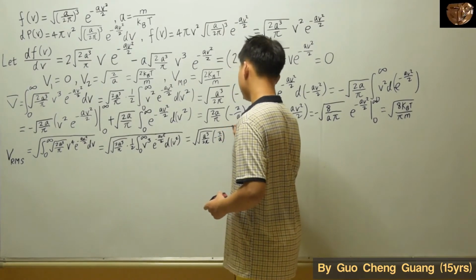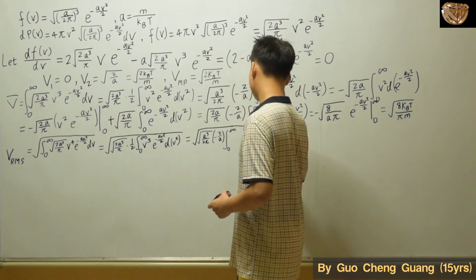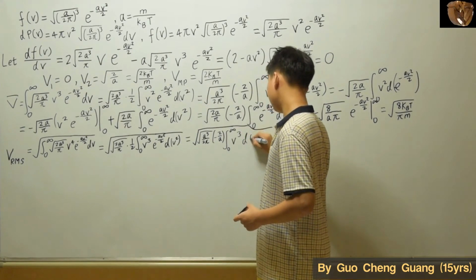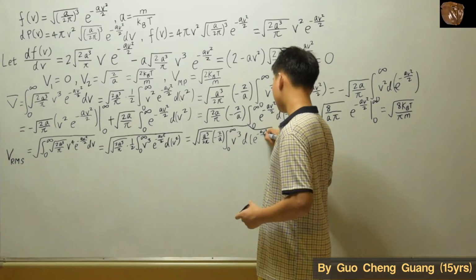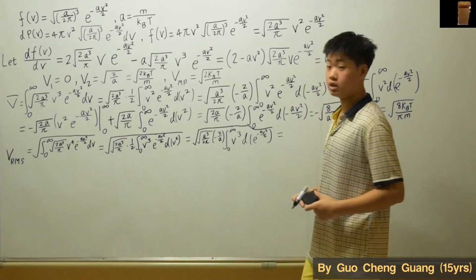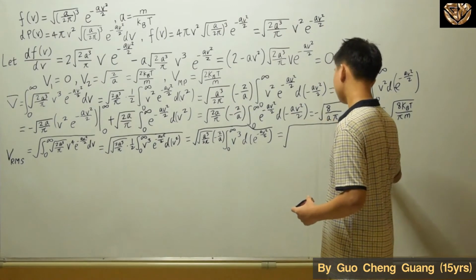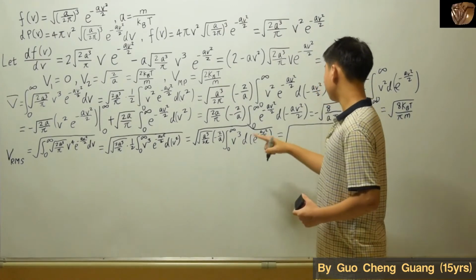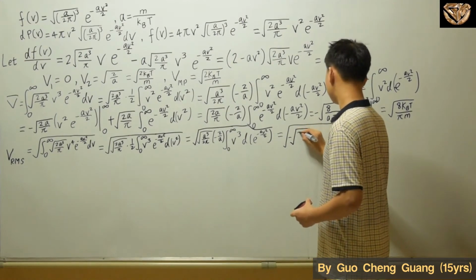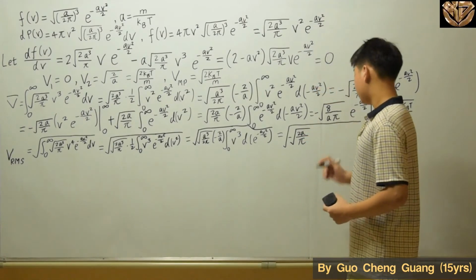And this is what you're going to see for the coefficients. And then integrate from 0 to infinity v cubed d e to the power of negative av square over 2. So once again, we would be using your integral by parts, alright? Now this coefficient in front is negative square root 2a over pi, and integral by parts, you're going to have